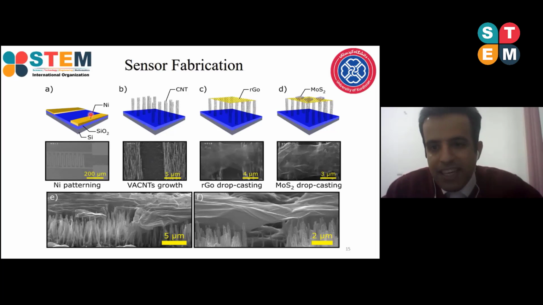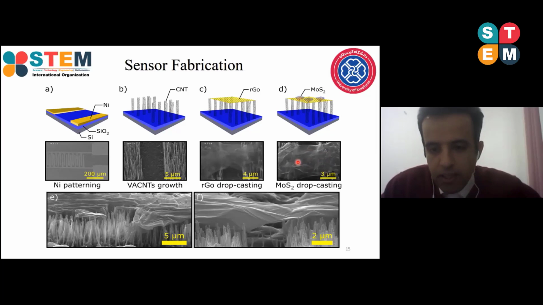Nickel serves as a catalyst for growth of carbon nanotubes. Using plasma-enhanced chemical vapor deposition, we vertically grow the carbon nanotubes, and then we drop cast a large layer of reduced graphene oxide over the channel, and then drop cast the molybdenum disulfide